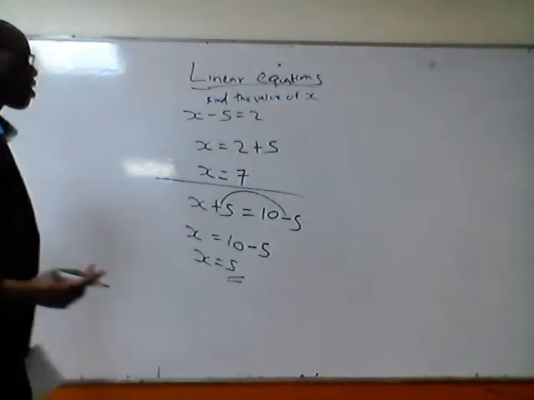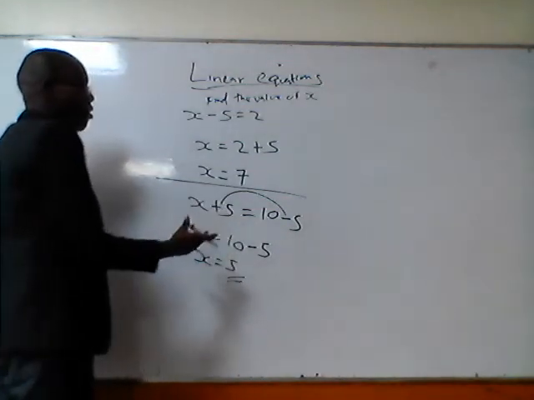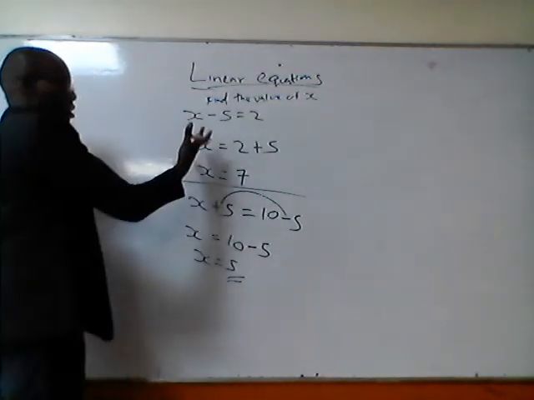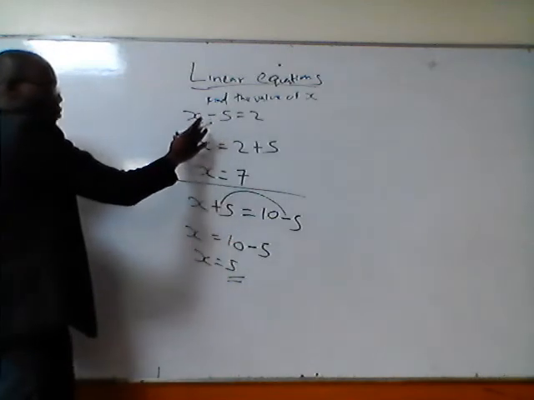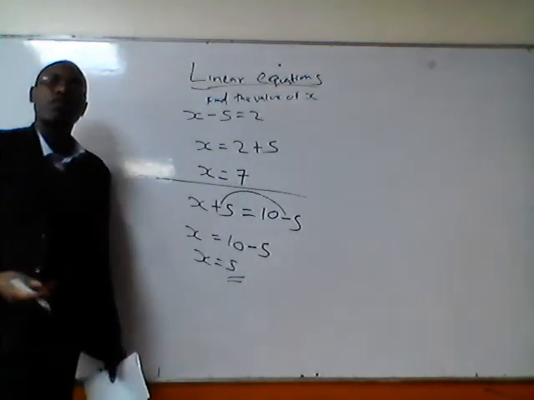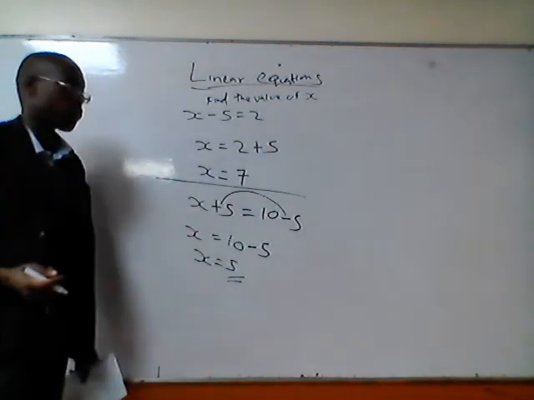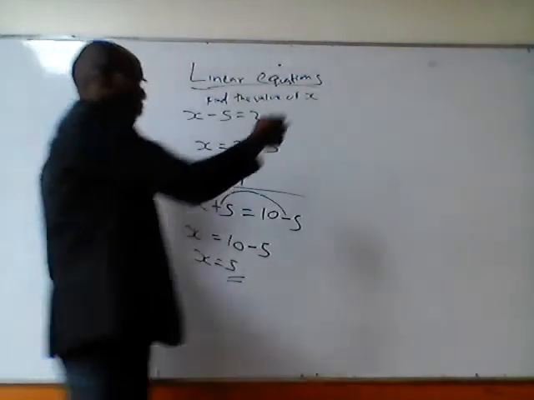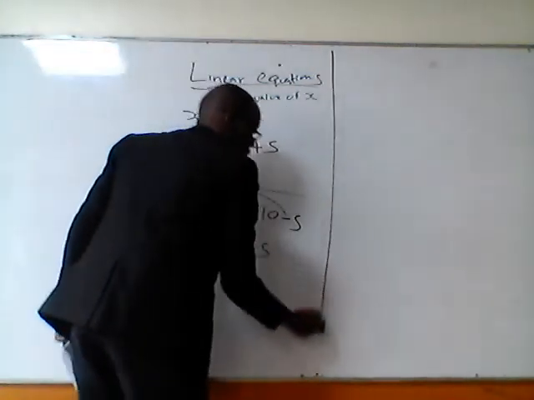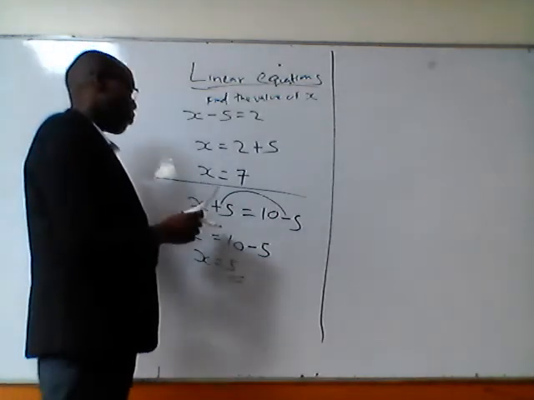That's how you solve this kind of linear equation which has one variable, where you want to find the value of x. At times we are going to have simultaneous equations, which we will solve later. So these are the first two examples. You can move to the next and have an equation like this: